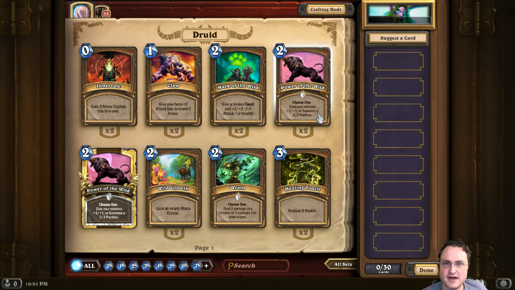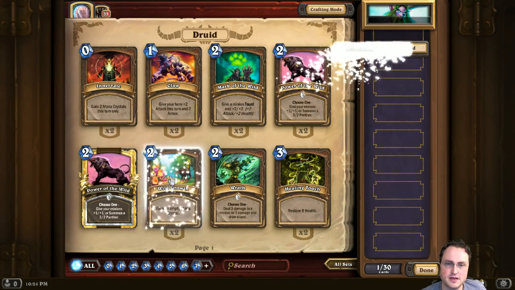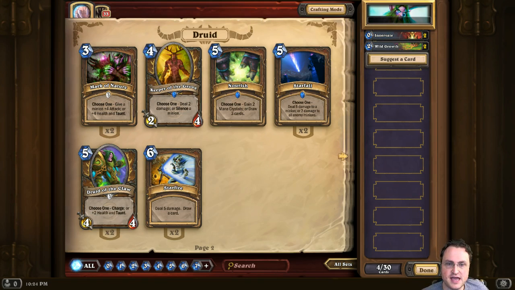Do we have a lot of real fatties? It's too bad I can't mouse wheel through this. In the Druid specific deck, not that many, although we do have Starfire. We have a bunch of things that are 5 and 4. Because what I'm thinking is this. Let's go double Wild Growth. Maybe a couple of Innervates, sorry. 2 totally separate spells. To accelerate our mana curve as much as possible. And then, yeah,